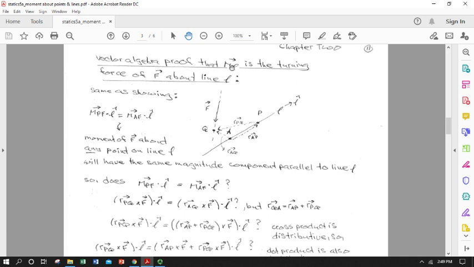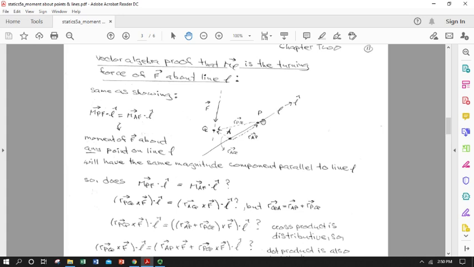So we're going to prove that m sub L is in fact the turning force of F about line L. So we're going to prove that our dot product m sub L is actually equal to the true perpendicular distance of this force versus this point, and will produce the actual turning force of what would be a shaft in the direction of this line. Okay. Well, the first thing we could say is that's the same as saying the moment of this force about, say, some point P,